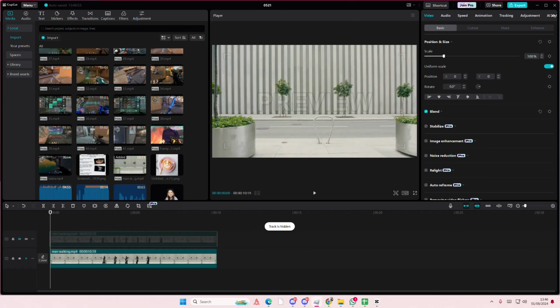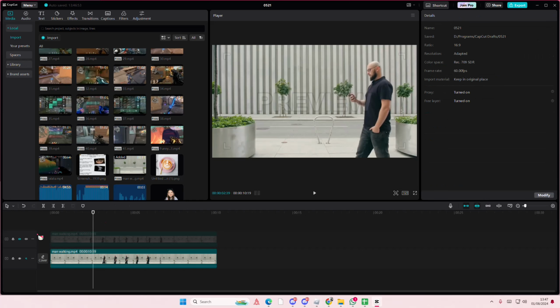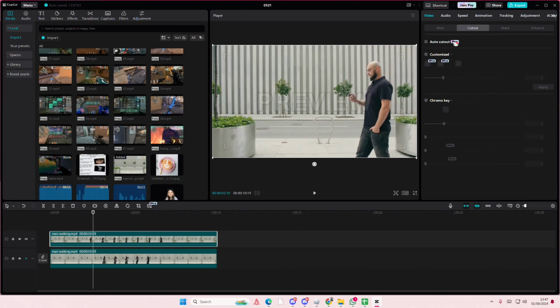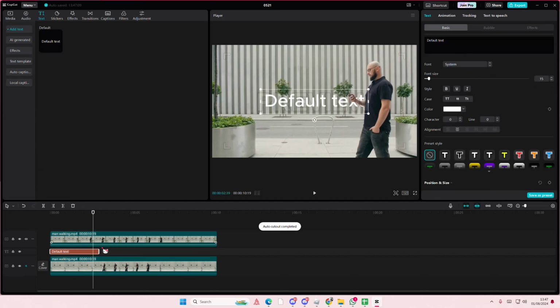And then you're just going to select that video. Go to cutout and select auto cutout on the second one. Then you're going to add in your text in between, and I'm just going to type in reveal,